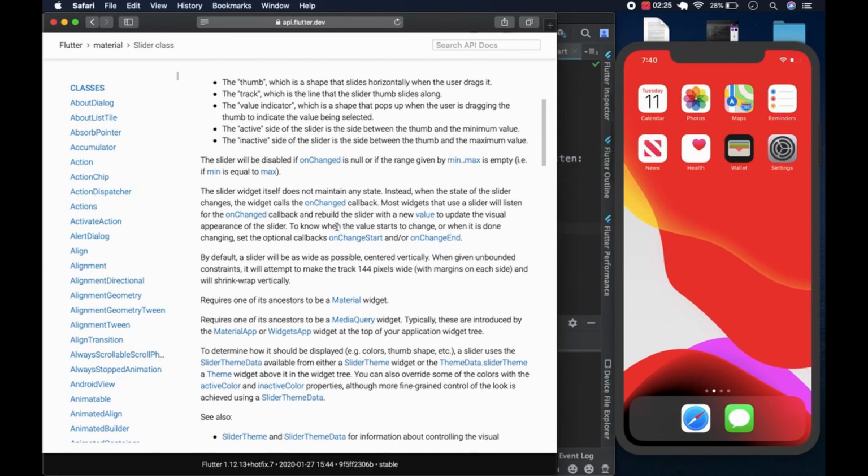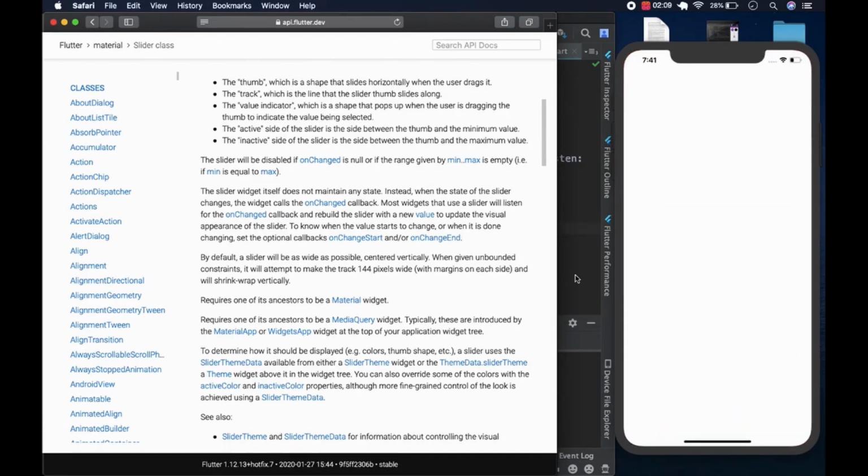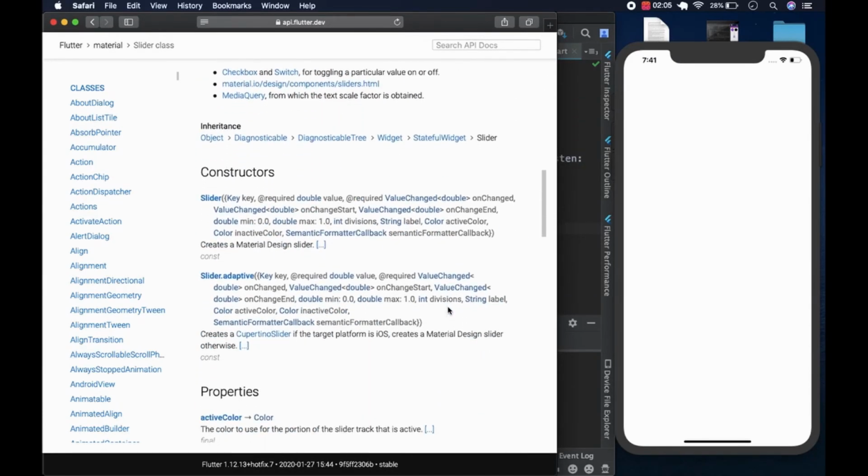And we're also going to have the name and the value of the slider on top of the slider, so that you can read the value, as you can see if you look at the beginning of the thing. So let's scroll down to the constructor, and we come to the constructor. We're going to see that